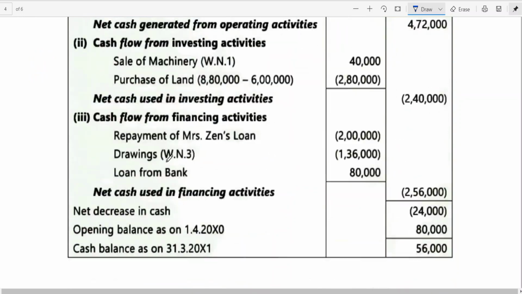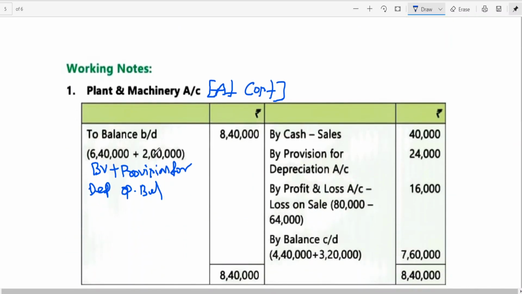That is why, because when you are opening an account, it is at cost, no? So they have added provision for depreciation. So is the case. What is closing balance? This is book value plus provision for depreciation closing. So I think now this is cost price. This is cost. This is sale proceeds, which has already been given, and you might have learned the entry.